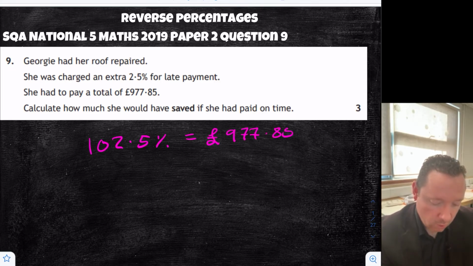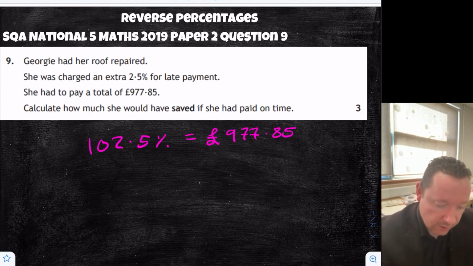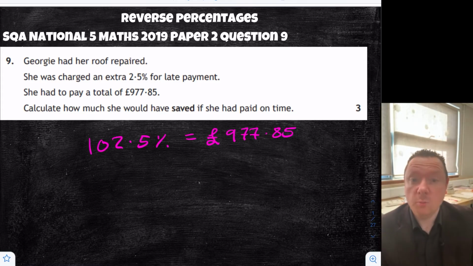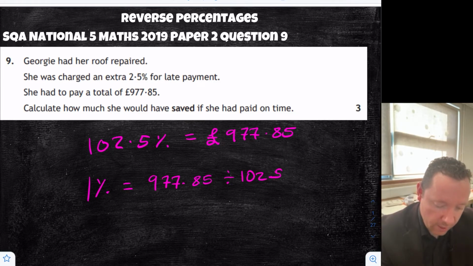$977.85. Usually we go down to 1% and back up to 100, because usually we want to know how much it cost before, but this time we need to read the question. How much would she have saved? We just need to work out what 2.5% represents. So to work out 1%, we get our calculator out and do 977.85 divided by 102.5, and that gives us